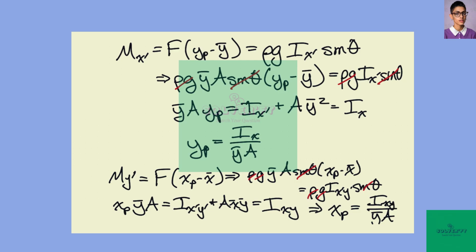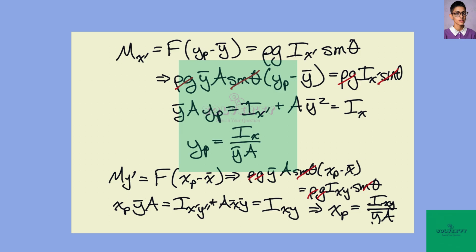So we have the other moment here. The force that would create that moment is the net force times the difference between the center of pressure in the x direction and the x coordinate of the centroid. Again, plugging things in from before, we can see things canceling out. We get that, and doing some rearranging, we see that the x position of the center of pressure times y bar, the distance down the slope to the centroid, times A, equals I, this area moment, and again I should use a double prime here,